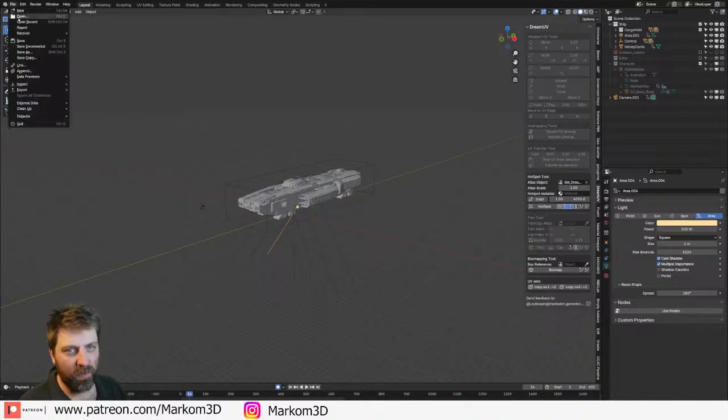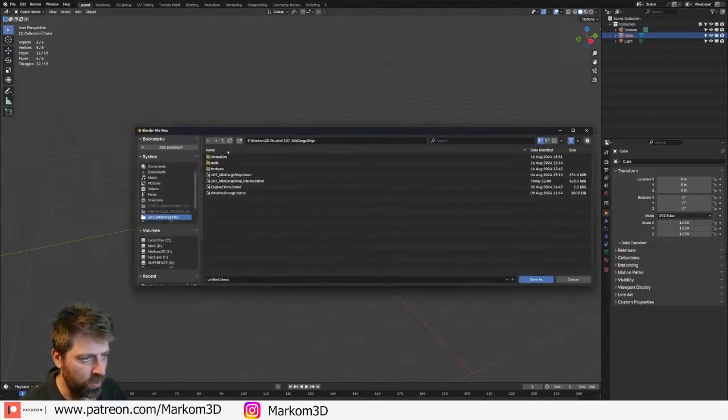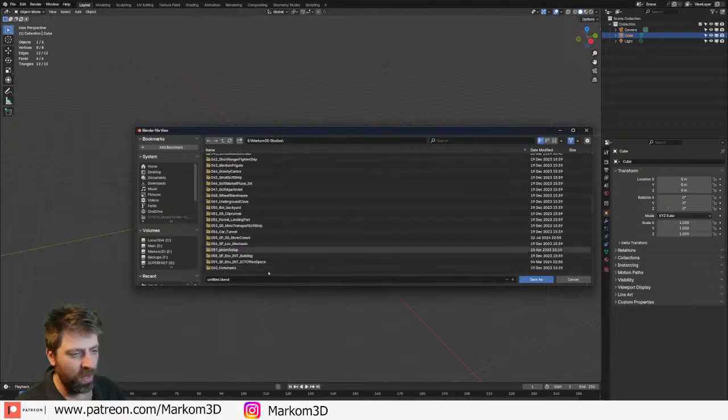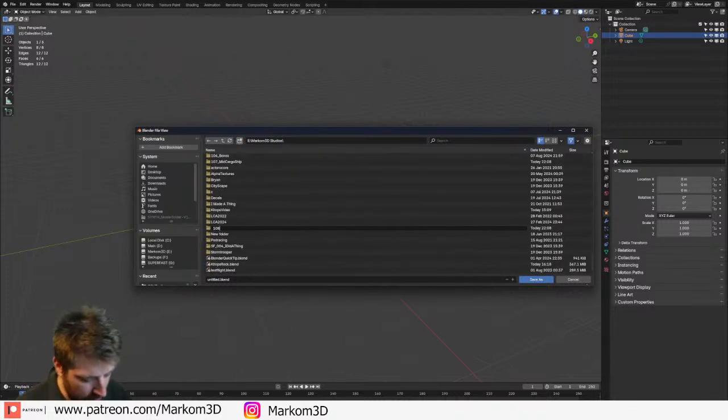Okay, Control S to save. File, save as, and we're going to do this without any real concept other than a vision. 108 underscore building landing entry. Good enough.